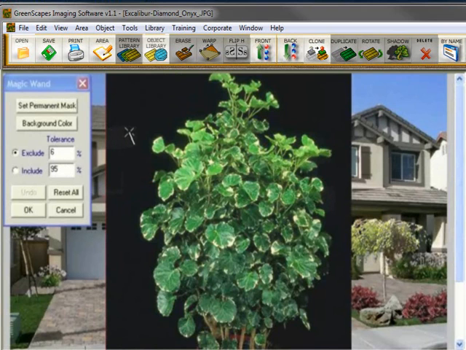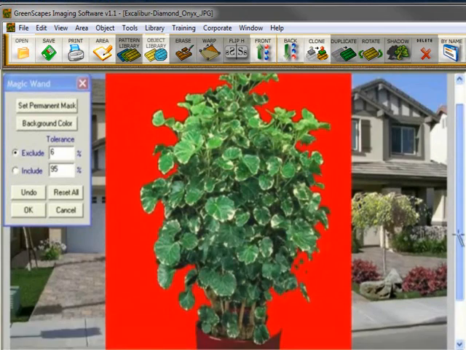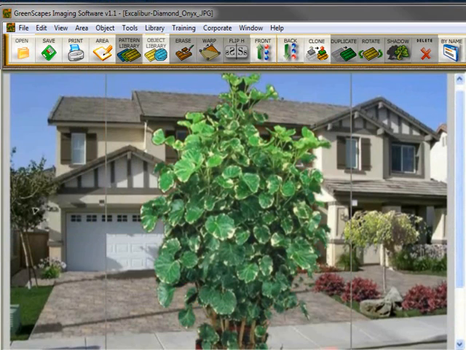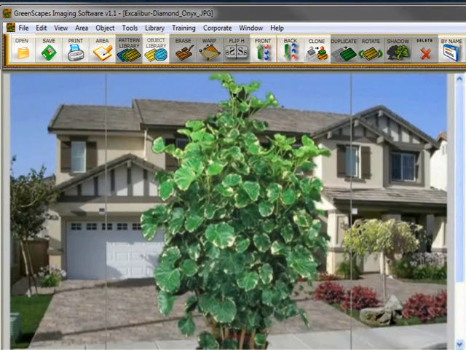But all you need to know now is I'm going to take the wand and select in this black area. So I've selected on it, and you notice that everything that's black in that area has now turned red. I'm going to click OK so you can see what happened, and as you can see, that black area all disappeared. Now, there are some black areas that I left behind here because they're divided by the stems